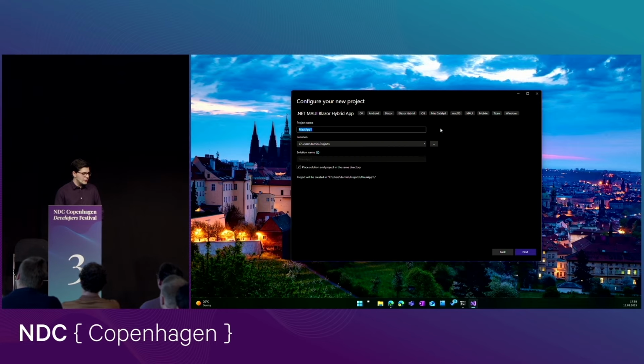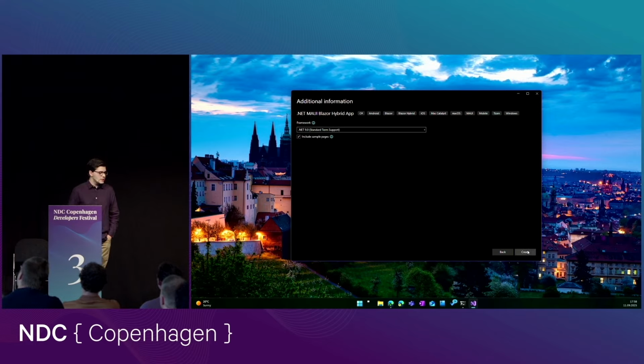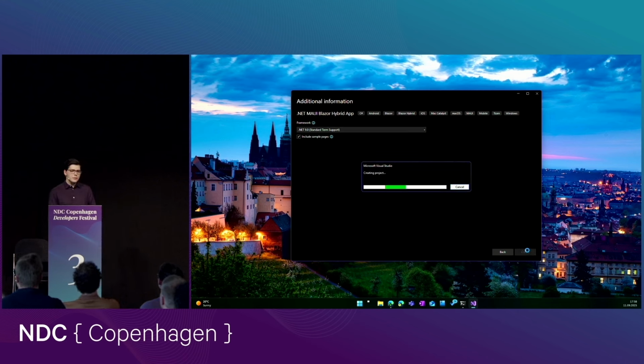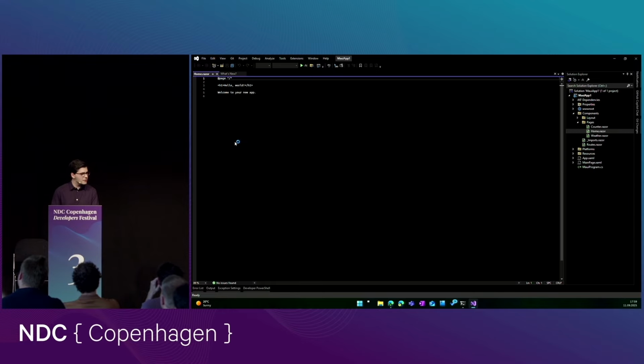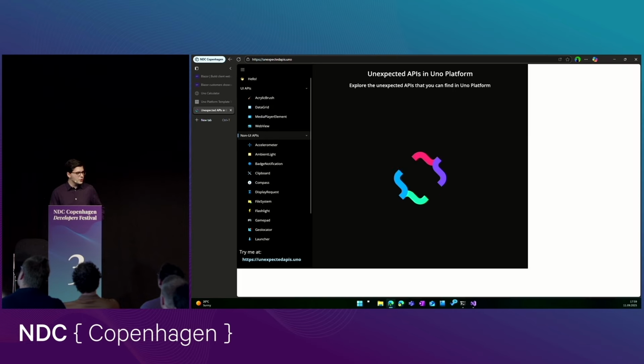And let me start the project. I will keep the defaults as well. I will choose .NET 9, and I will just create the application so we can see what's there out of the box as well. So once that or before that loads, I will keep it for a little bit, and I will actually show you